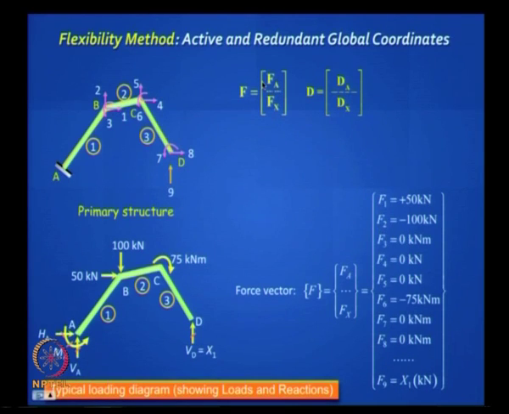In these vectors, what is known and what is unknown? Well, Fa is known, these loads are usually given to you. Fx is unknown, this is a redundant you need to find. dA is not known and dx is known, because dx gives you your compatibility conditions. So what is your compatibility condition? In this particular problem dx has only one element d9 and it is 0, but supposing you had a support settlement, then it would not be 0, you would put the correct value. We are familiar with this, we did the method of consistent deformation, so it falls into place.